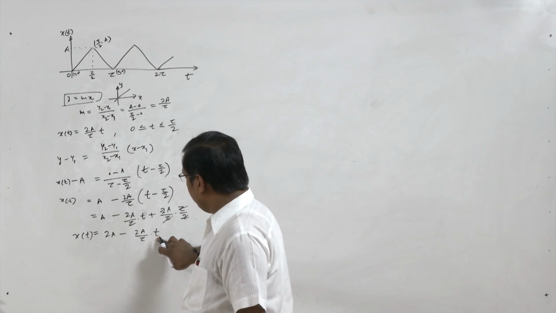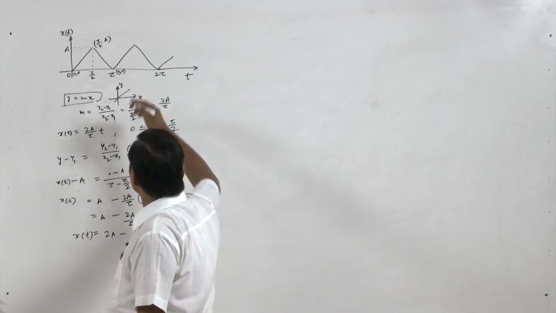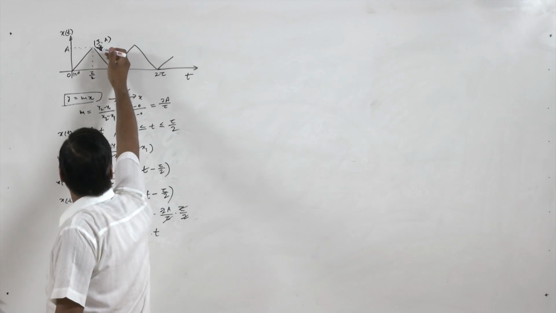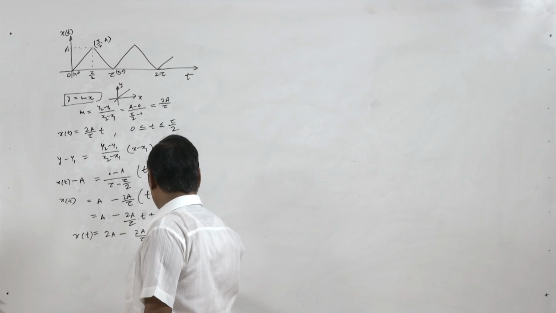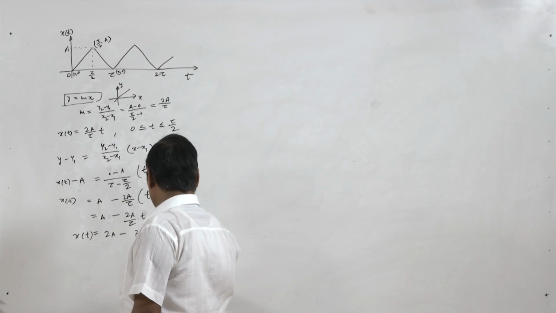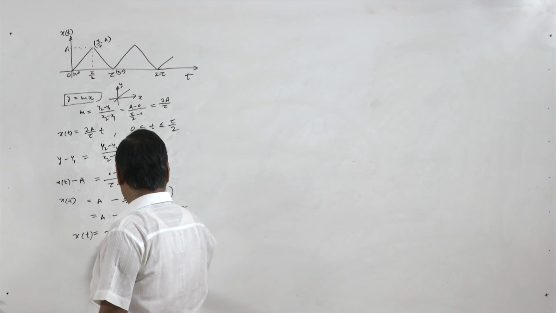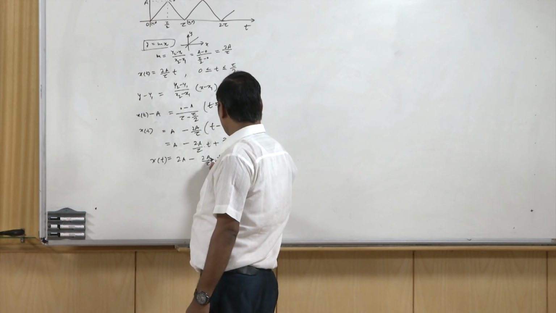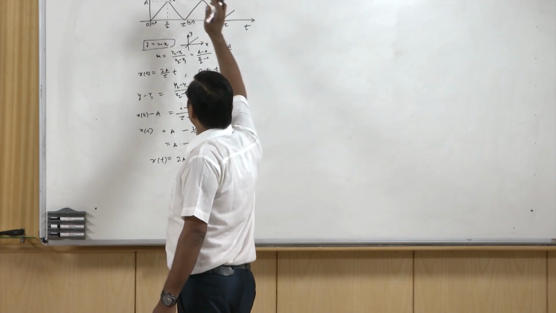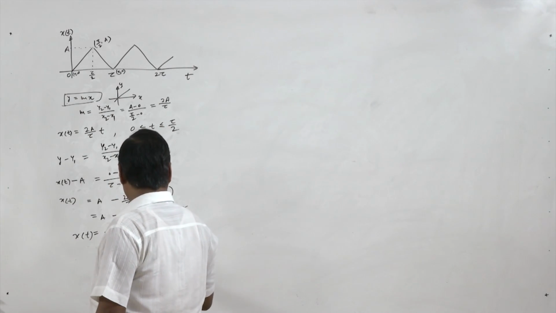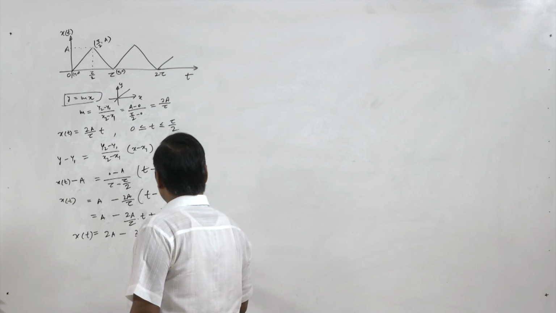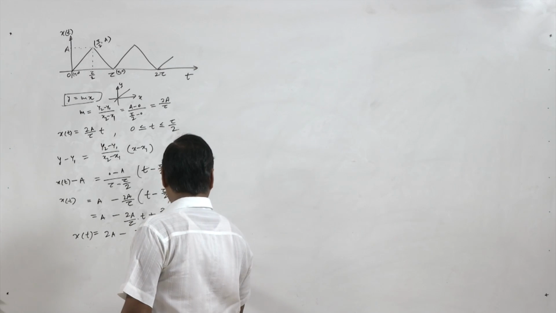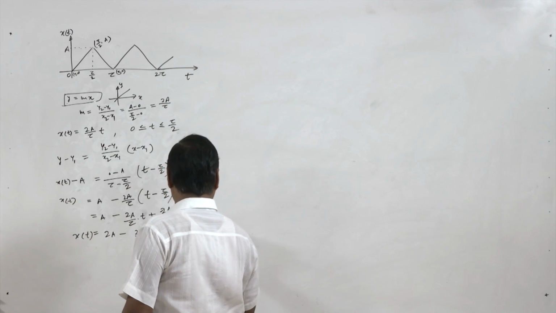So we can check whether this equation is correct. We put these 2 points, they should be on this line. If we put t equal to tau by 2, we will have 2a minus 2a tau, here tau by 2, so tau cancels 2, it is minus a, so 2a minus a equal to a, so we are getting a. Again for t equal to tau, it is 2a minus 2a equal to 0. So this is valid for tau by 2 less or equal to t less or equal to tau.